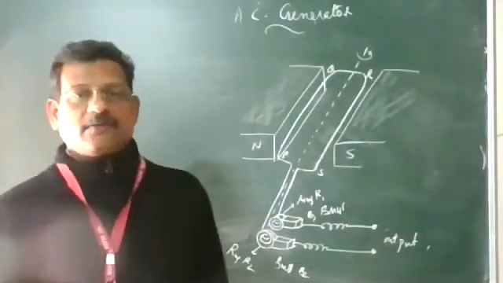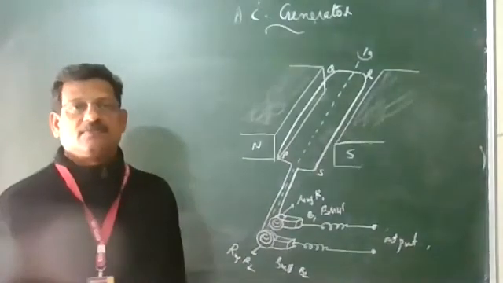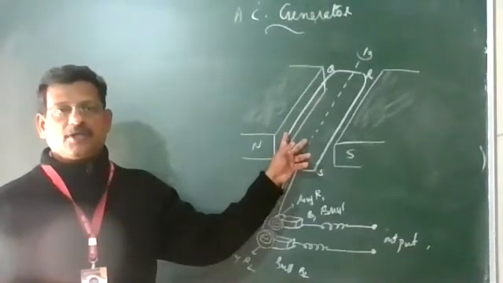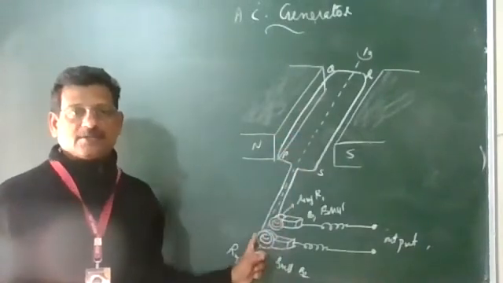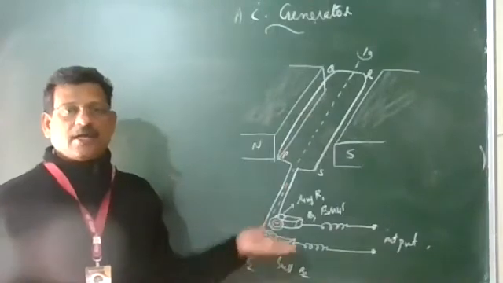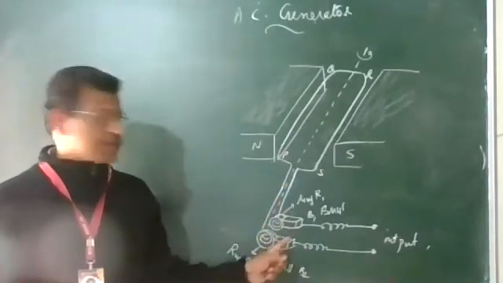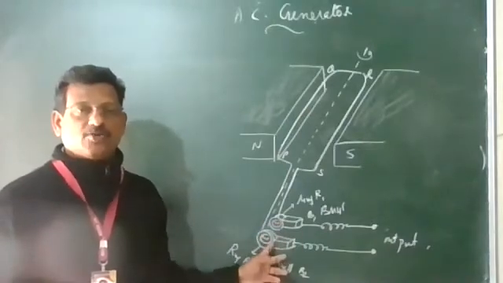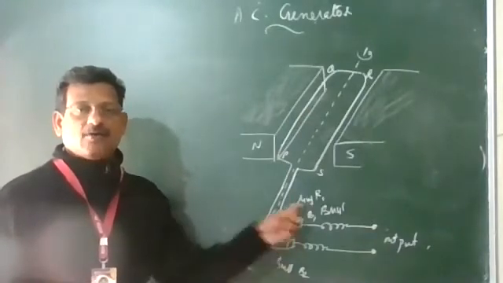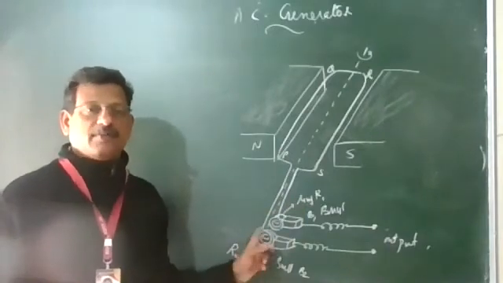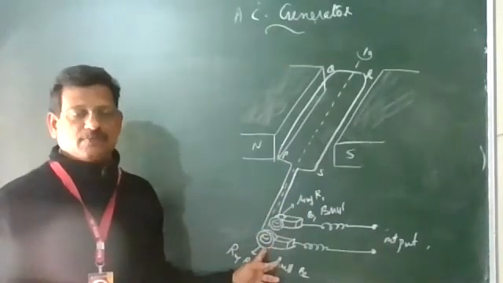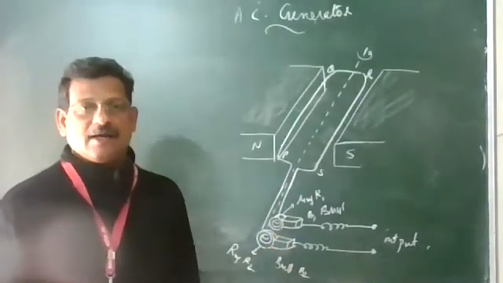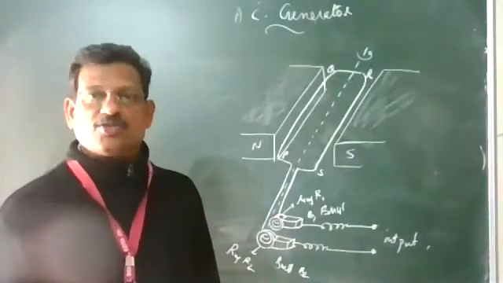So this is your AC generator construction. Field magnets, and a coil with a large number of turns, which we call the armature. Two rings are connected to the coil. As the coil rotates, they also rotate, but they are continuously in touch with the brushes. The brushes are flexible metallic parts or carbon, and these are called slip rings. So they are always slipping on the contact brushes. And the outside connection is taken from the brushes. Brushes are permanently stationary, permanently at rest.